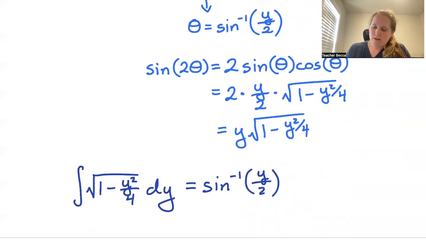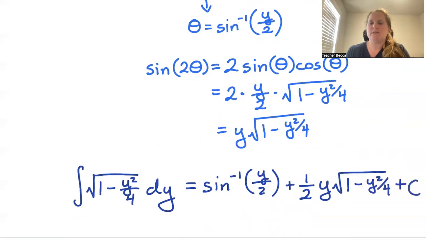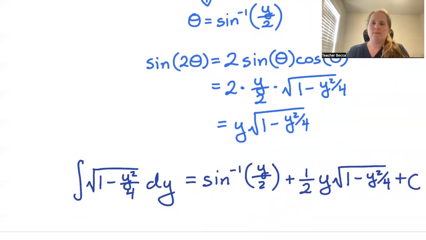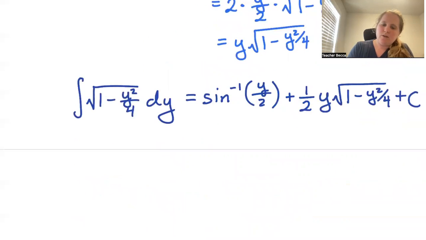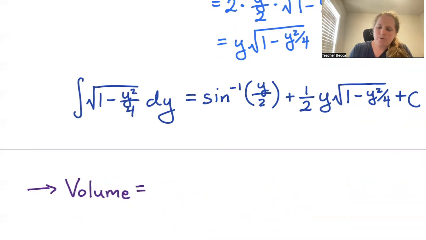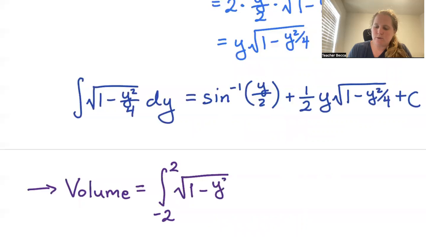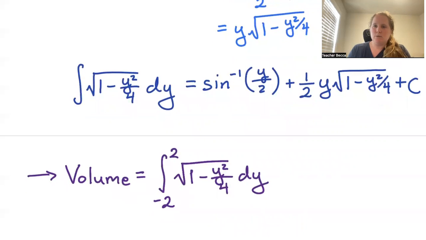So we have plus 1/2 times y times the square root of 1 minus y squared over 4. And then, of course, our plus c. So from here, we have, therefore, that our volume, which was the definite integral from -2 to 2 of the square root of 1 minus y squared over 4 dy, is equal to